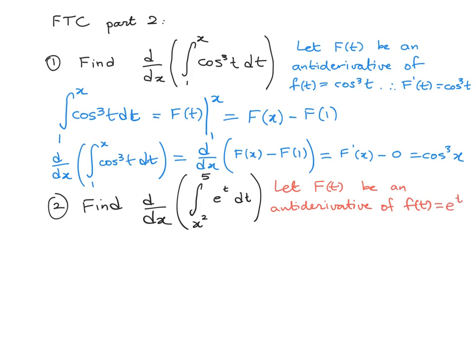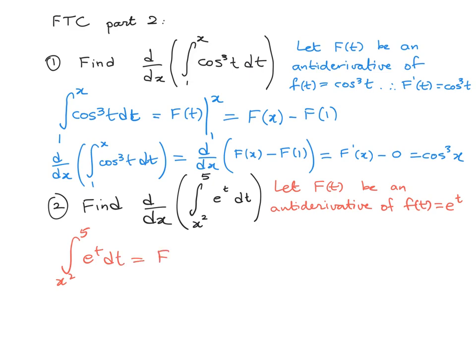Although technically I know the integral of e to the t is just e to the t, and I could do that. But when you get problems like this on the exam, it won't be a function whose integral you know nicely. It'll be something more like this. And the more complicated they can make it, the better, since it actually turns out not to matter in the end. Okay, so the integral from x squared to 5 of e to the t dt is going to